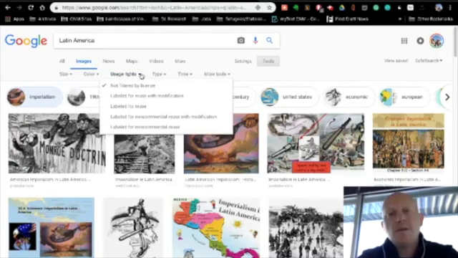This is how you can make sure that you find images, or that you grab images online, that are okay for you to use, that aren't copyrighted, that you're not going to get in trouble for putting up on your own site. So if it's labeled for reuse or labeled for non-commercial reuse, any of these are good. With modification means you have to modify it if you want to reuse it. So I'm going to click labeled for reuse,